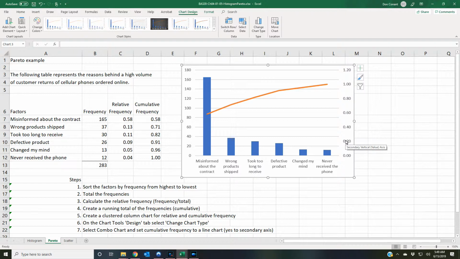I can go into the chart features and take that out if I want, but it's a good thing to see. So I have the cumulative frequency axis here, and this line is plotted on that axis. And then I have the frequency here, and the columns are plotted on this axis. So I can see that right here at about,